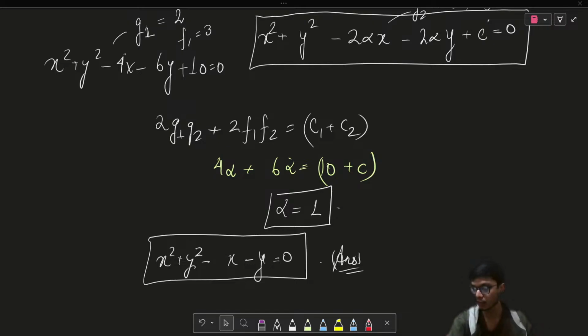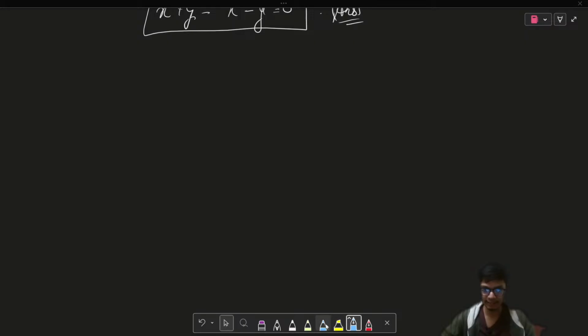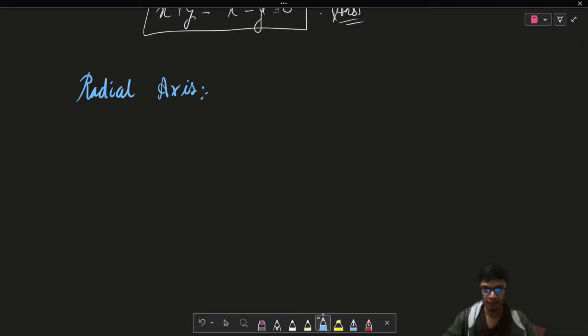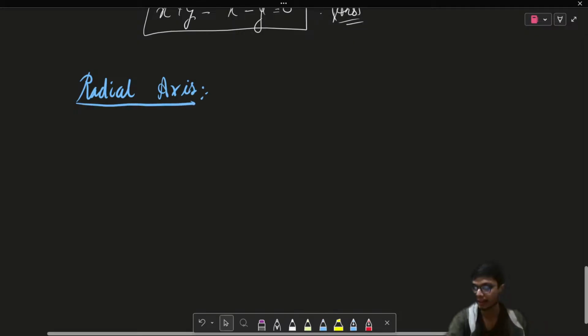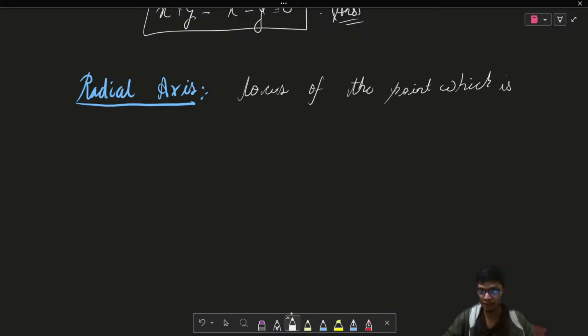Okay, so let us now move forward with our discussion on the next topic, that is going to be radical axis, right? So this radical axis concept is a very interesting concept in case of circles. In case of circles, radical axis is one of the very crucial chords. So radical axis is defined as the locus of the point,